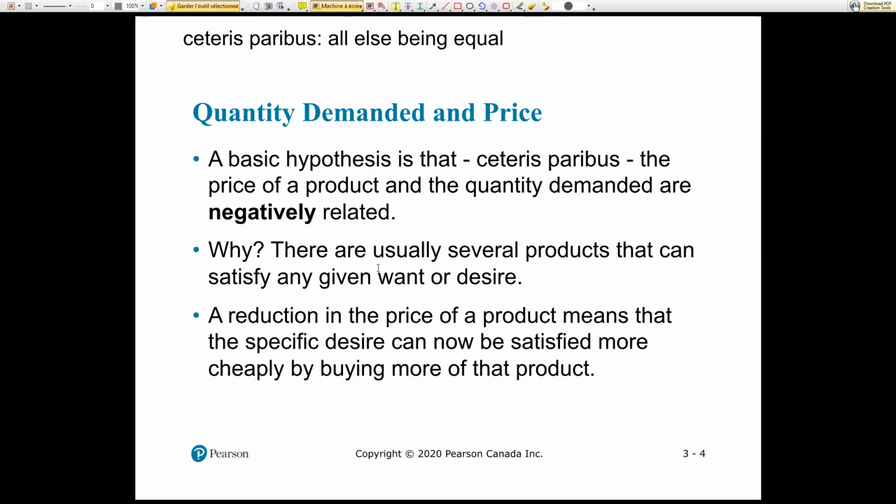So why is that? The reason why when the price goes up, people buy less of it, is because there are several products that can satisfy any given want or need. So for instance, if price